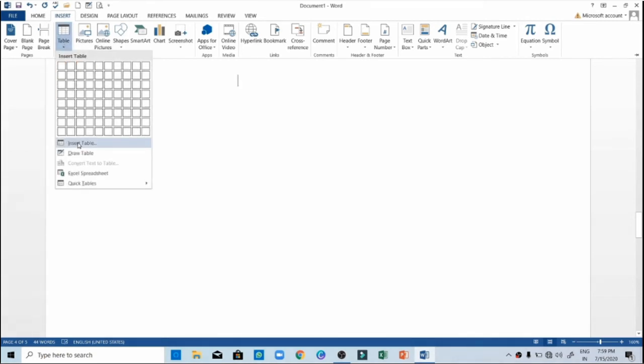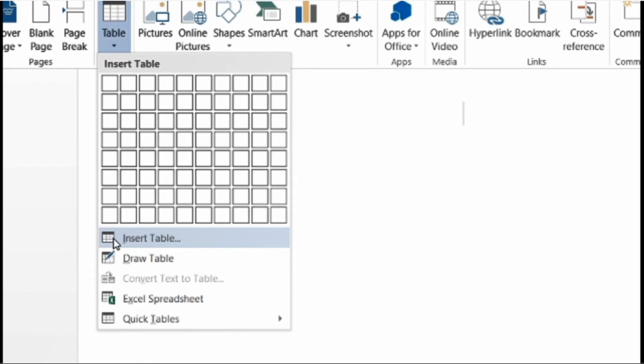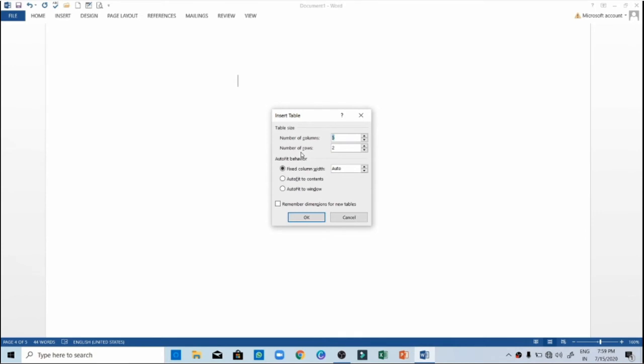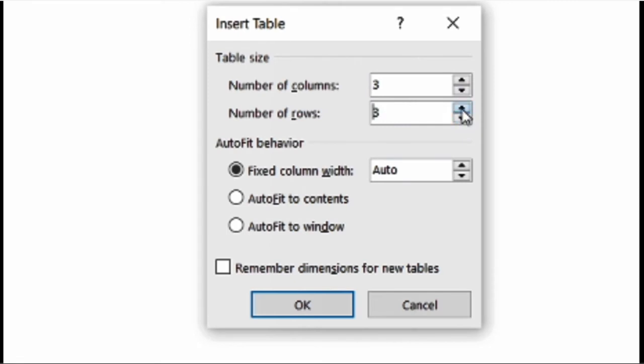This was one way. Now let us learn the second way, that is by the insert table option. Now click on insert table option. Again a dialog box will appear. This is the same as what we were doing when we were converting the text to table. There also you got the same option. So here also select the number of columns of your choice. You can select it from the arrows, and same way you have 3 options again.